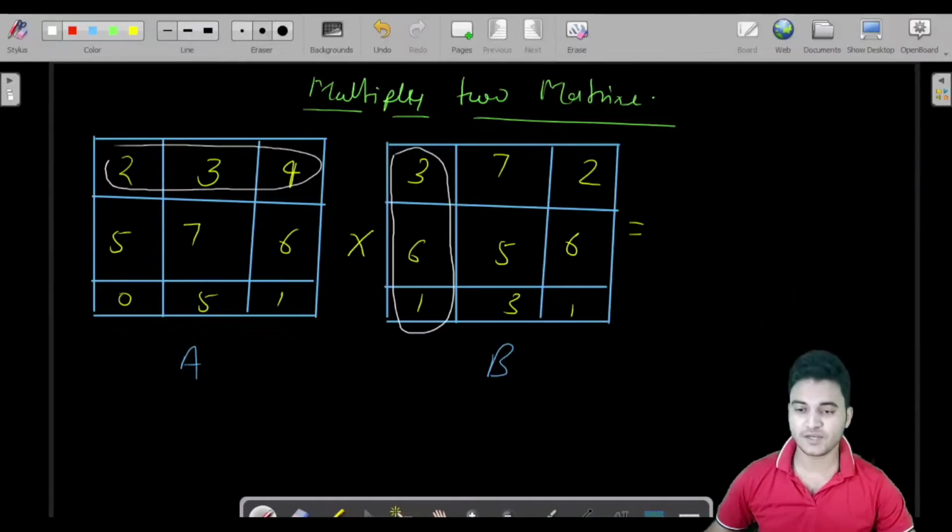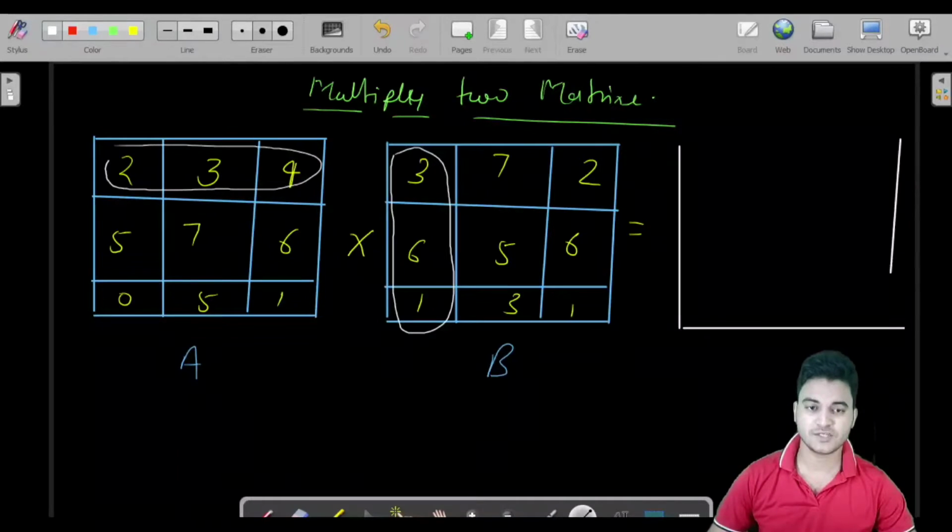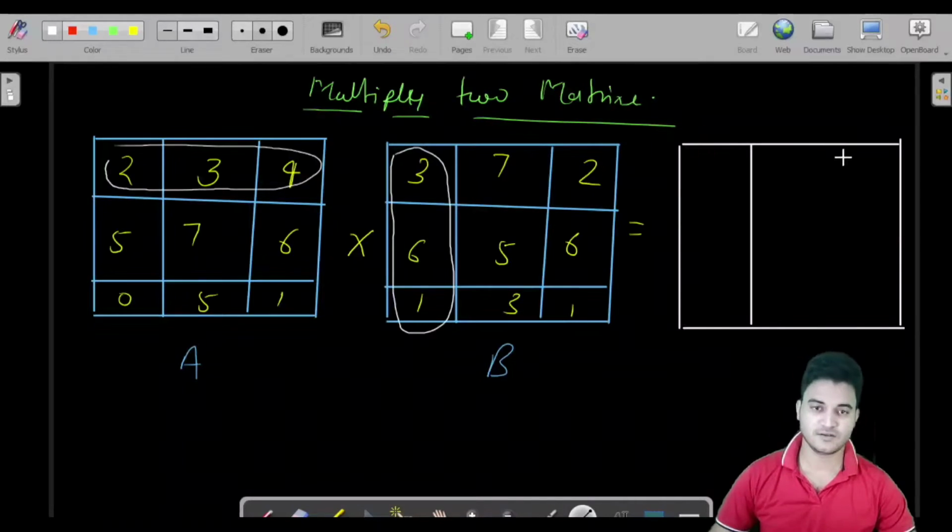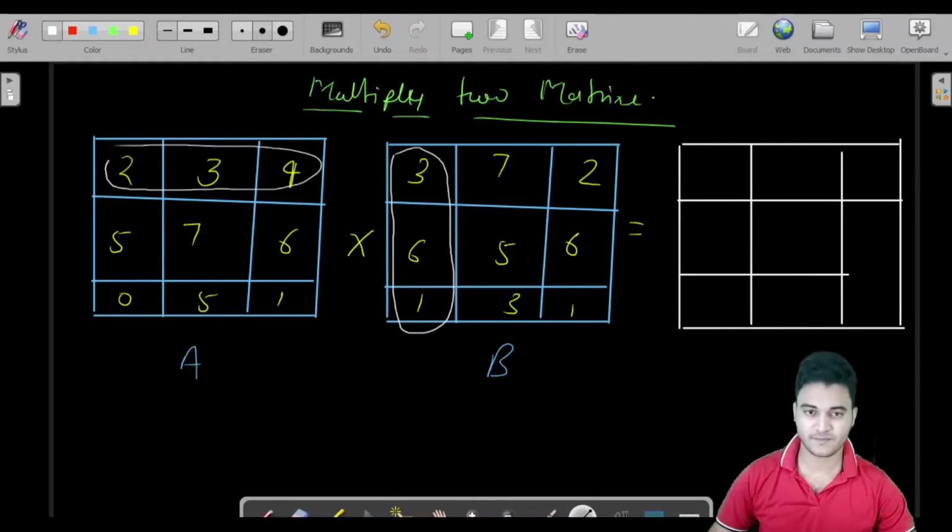First of all, you will have to declare another matrix for the result. Let us say I have this matrix of the same size, and we'll come to the point where A and B have different numbers of rows and columns.